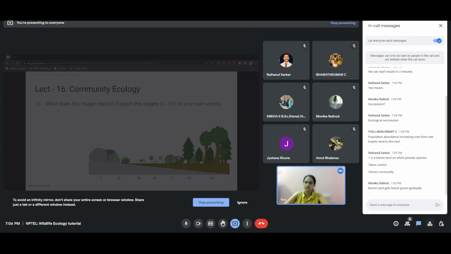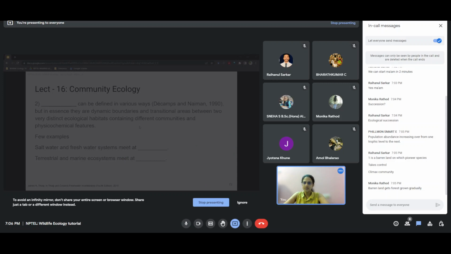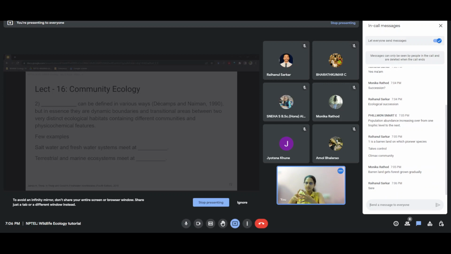Yeah, so I will take that. All right, let's go to the next question. So here we have a statement, I can read it out. Dash can be defined in various ways, but in essence, they are dynamic boundaries and transitional areas between two very distinct ecological habitats containing different communities and physiochemical features. So, this is a particular word. It defines a